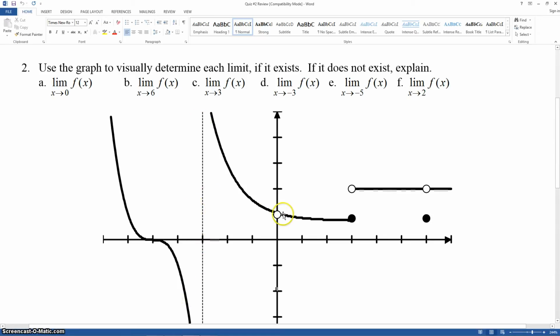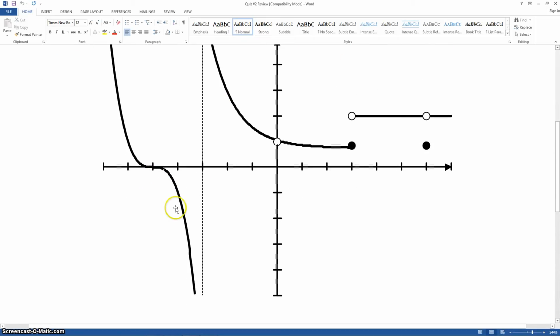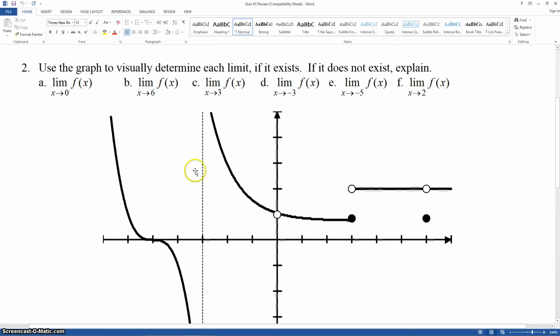So if we look at the limit, if we approach the asymptote from the right-hand side, that's going to go upwards without bound. So it's increasing without bound, so basically we represent that with a positive infinity. If we approach from the left-hand side, it's decreasing without bound, so we represent that with a negative infinity. So a negative infinity and a positive infinity are not equal, therefore the answer for D would be does not